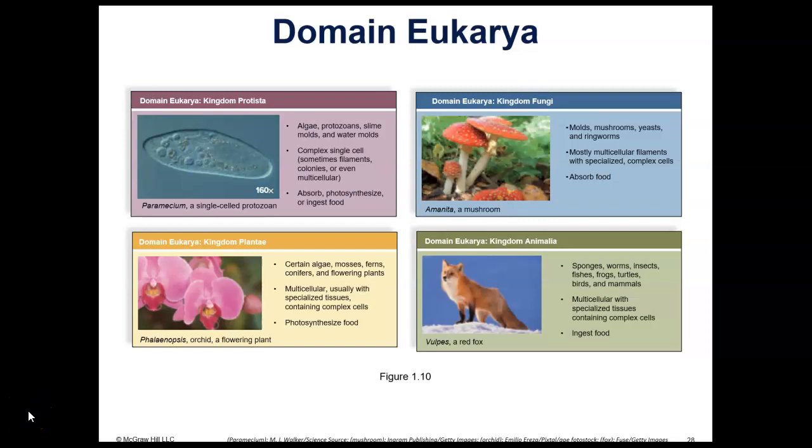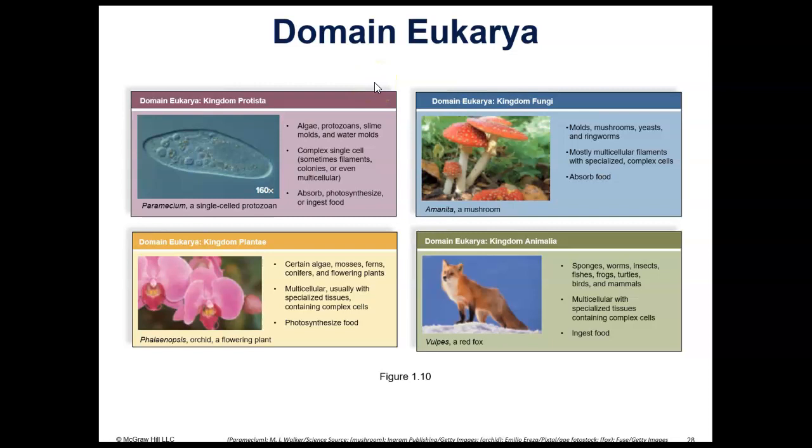This is part 3 of the chapter 1 lecture notes. And where we left off, we were going over the 3 domains. We have learned that there are 3 domains of living things. There's the domain bacteria, the domain archaea, and now we're on the domain eukarya. What the organisms in this domain have in common is that all of them have cells that contain a nucleus that surrounds the genetic material, the DNA.